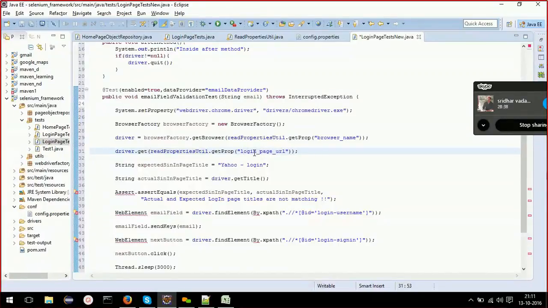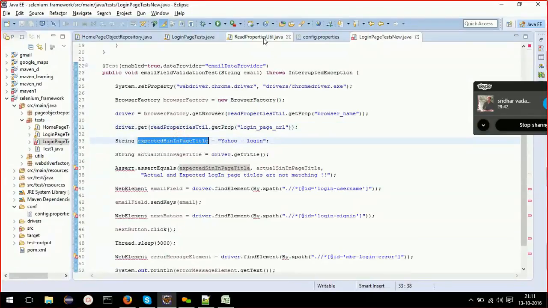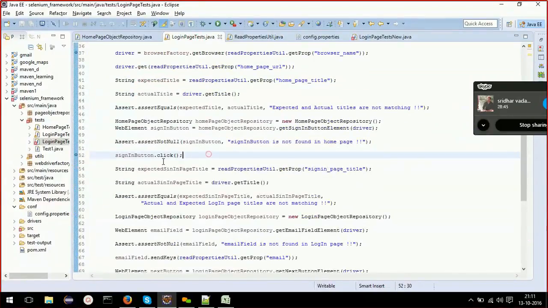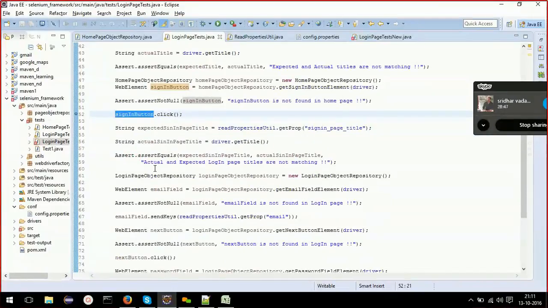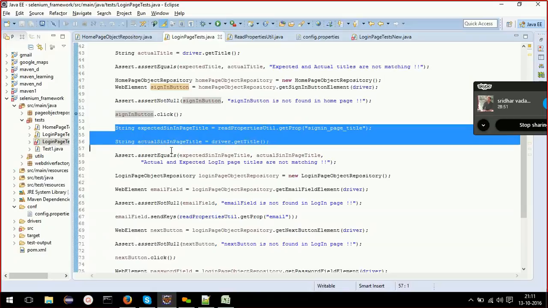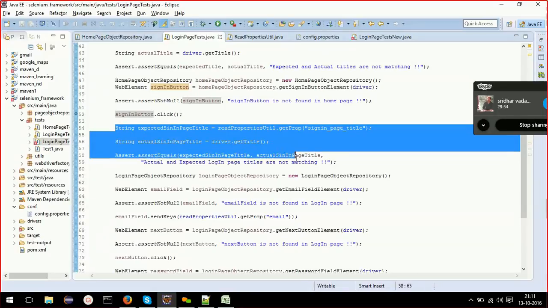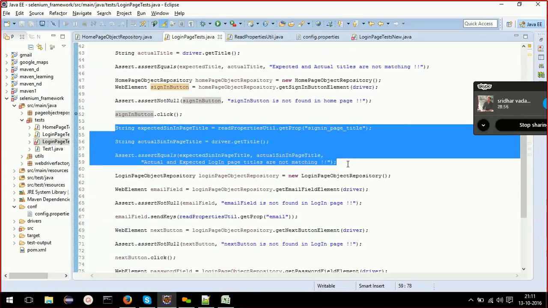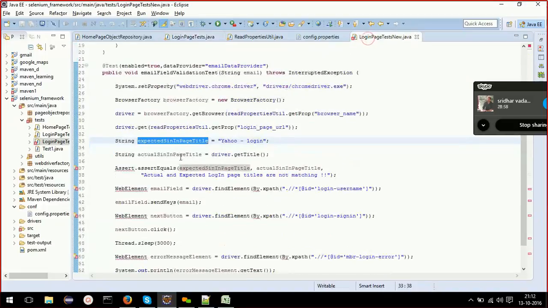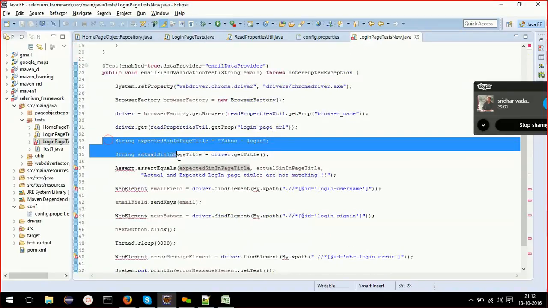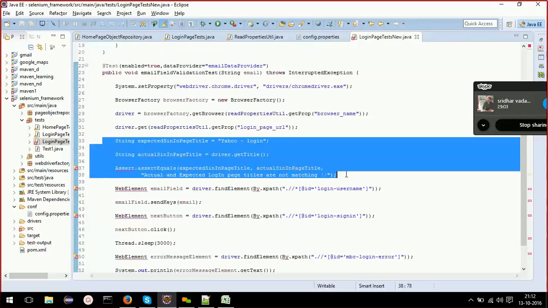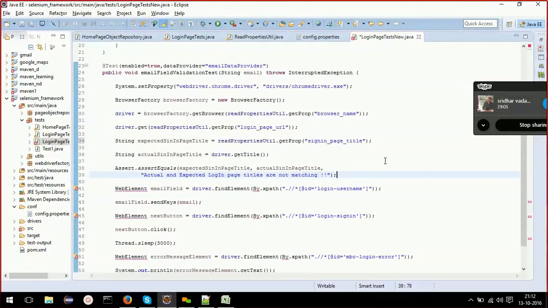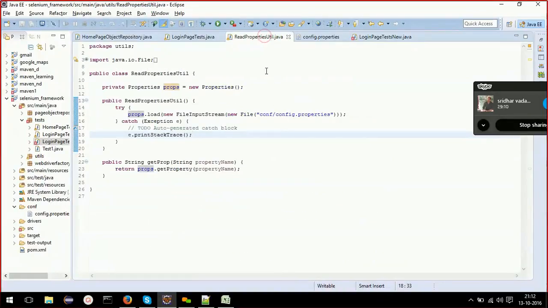So I am directly opening this login page URL. There I am verifying for the login page title. Sign in button, click. Then email field.